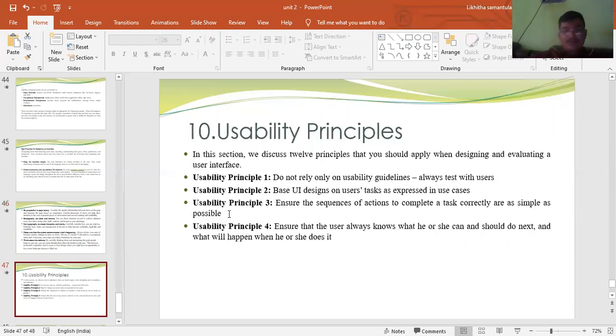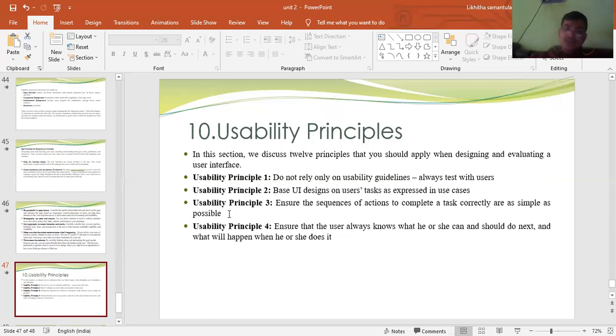Last concept, usability principles. In this section we discuss 12 principles that you should apply when designing and evaluating a user interface. Usability principle one, do not rely only on usability guidelines; at least test with the users.